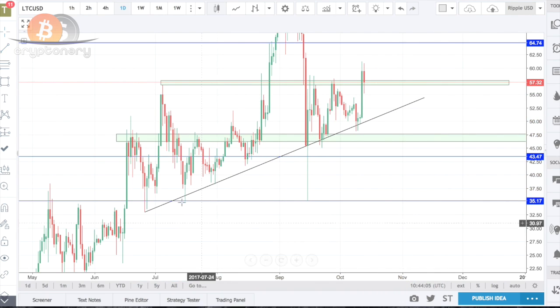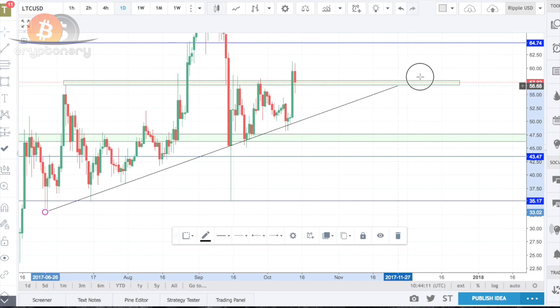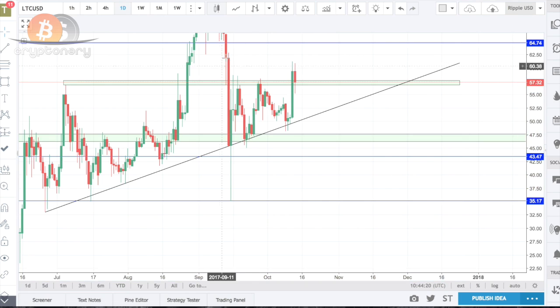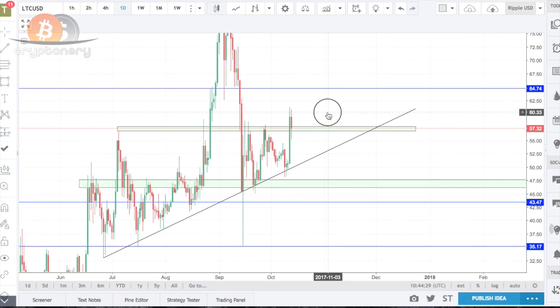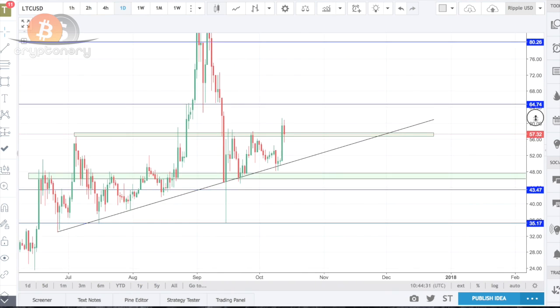The trend line here, 1, 2, 3, 4, 5, 6 retests. So I'll actually extend this further, as you cannot get a more valid trend line than this. In fact, we even have the main manipulative spike taking place and closing back on the trend line. So what we're starting to do is build a structure, and we can start to see what will happen